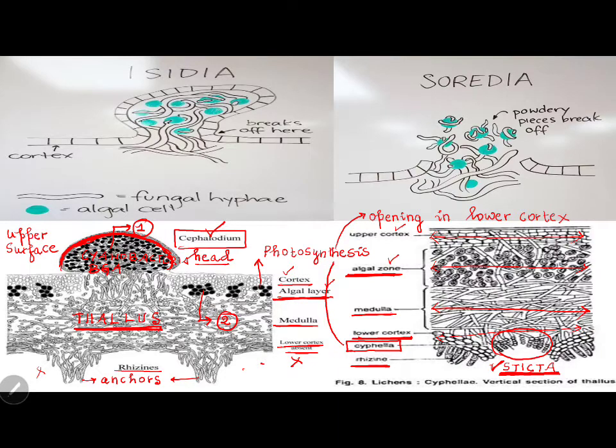They are responsible for exchange of gases. There are pit-like structures lined by smooth cells when compared to other cells in the cortex. And they extend into the medulla. The depression extends into the medulla and they are responsible for exchange of gases. So that makes Cyphellae structure in the lower cortex of the genus Sticta in the lichens, which extend into the medulla lined by smooth cells meant for exchange of gases. So that makes the answer Cyphellae.